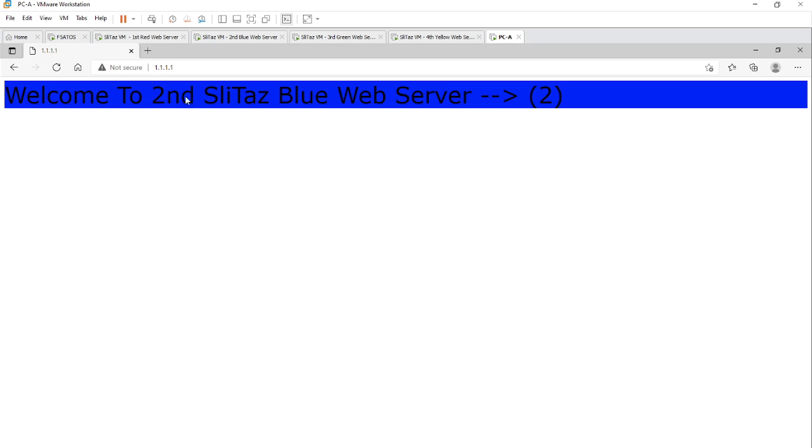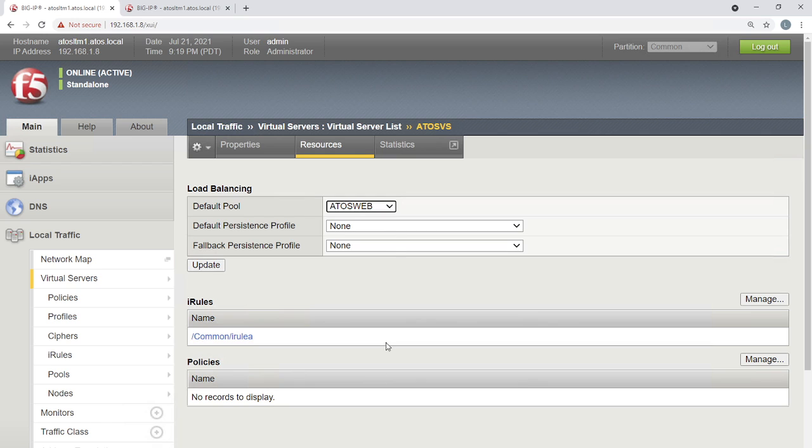My machine is slow, that's the reason it is taking more time. There are a couple of other services also running from the remote place. People are accessing it. You can see that now the blue is coming up. That is because the condition is matching according to our iRule. Any queries? Is that understandable, or do you want to clarify anything here?